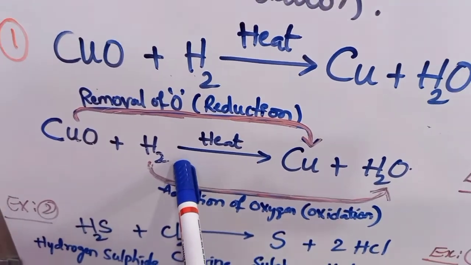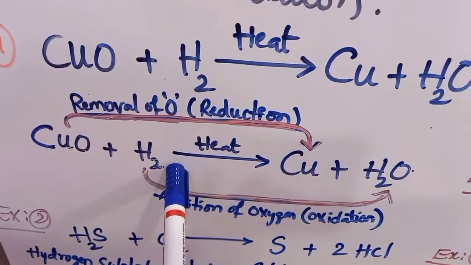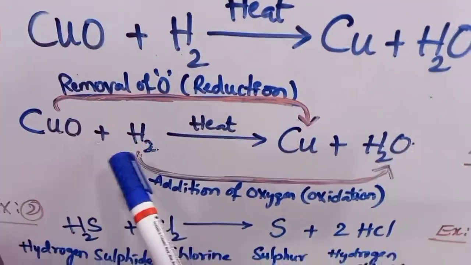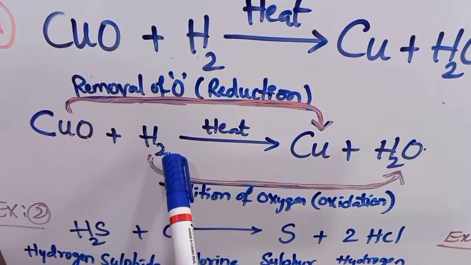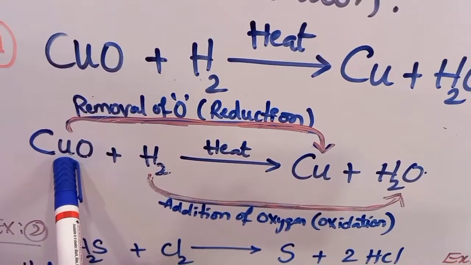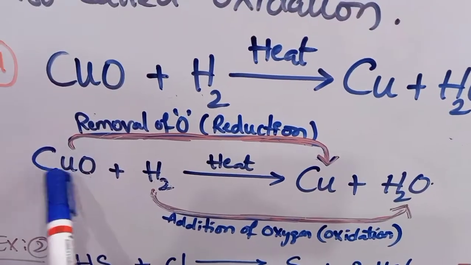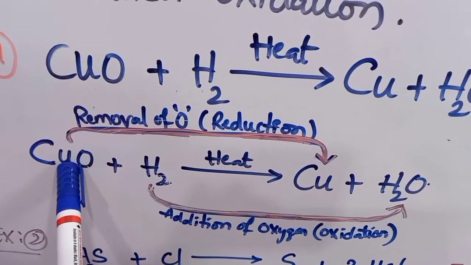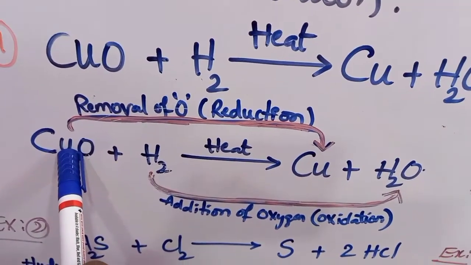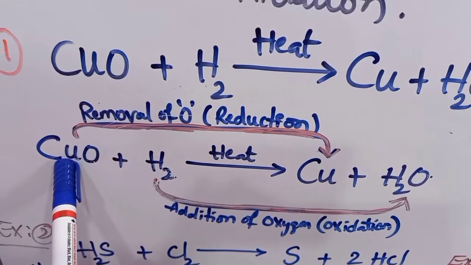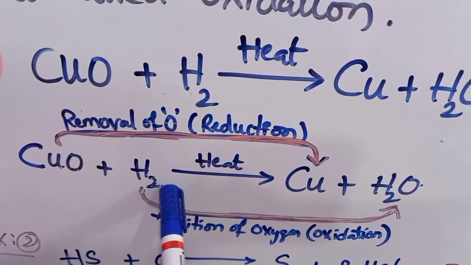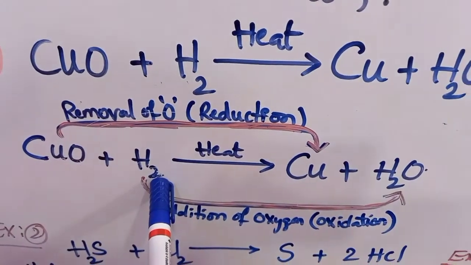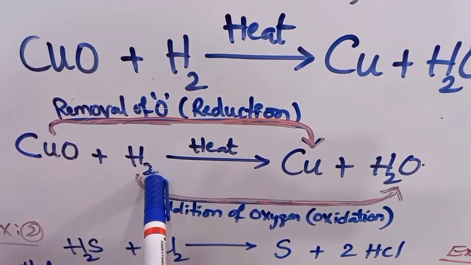These two terms are also very, very important, children. You have to remember the definition for an oxidizing agent and a reducing agent. You can remember it like this. In any oxidation reduction reaction, the reactant which is undergoing reduction always acts as an oxidizing agent, and the substance which is undergoing oxidation always acts as a reducing agent.